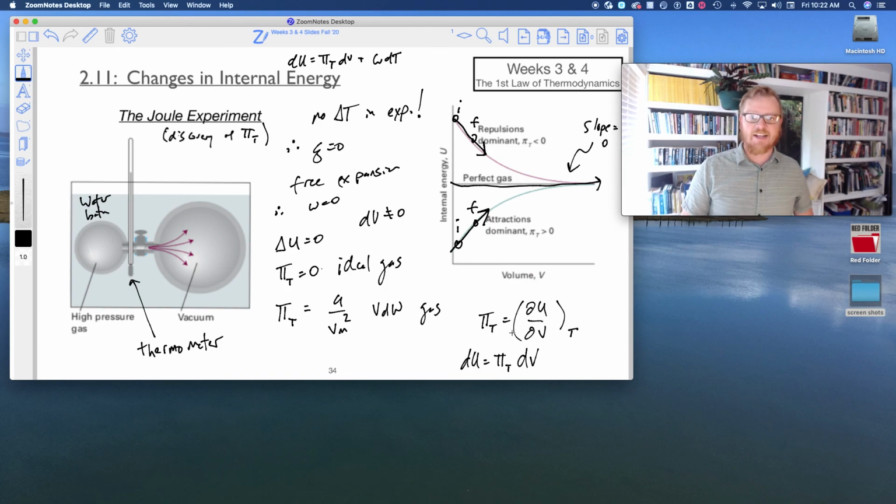So it depends on a parameter we haven't put in here, which is pressure. Okay? So pressure will dictate where we're at in this regime of repulsions or attractions. Okay? So moving